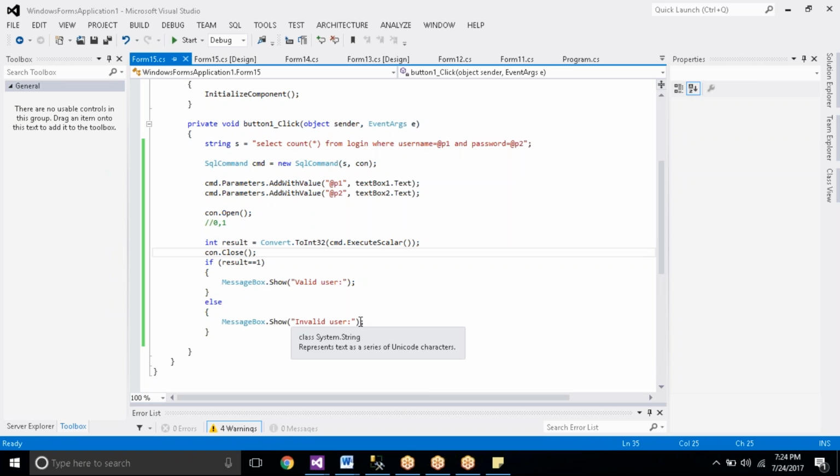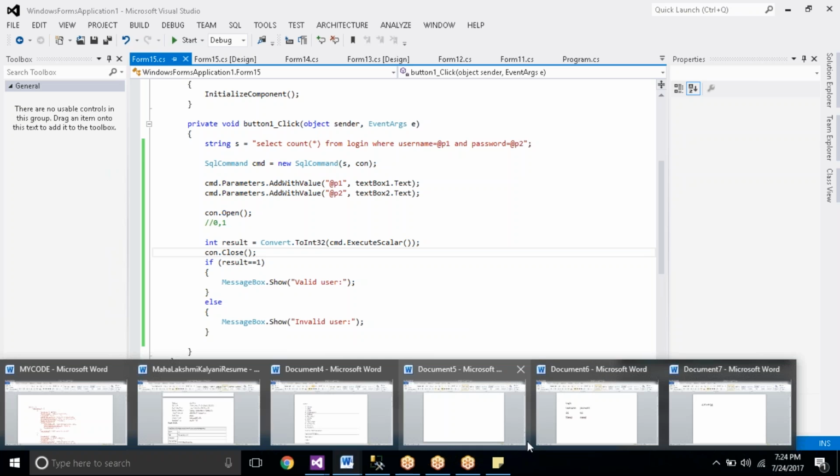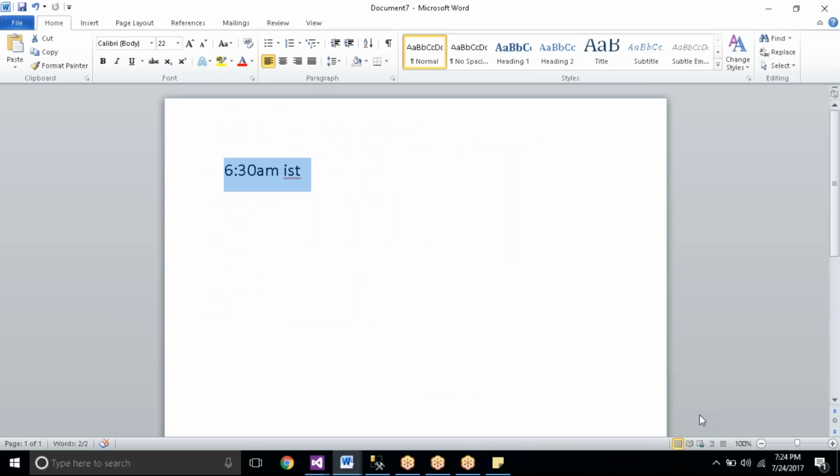Completed, taken a screenshot, both of you. Now the next concept, that is the select query. If you want to work with a select query, we have two architectures: one is connection-oriented architecture and one is connectionless architecture.